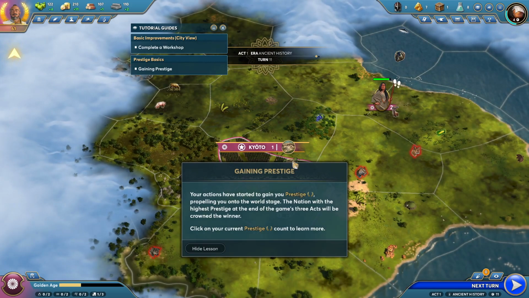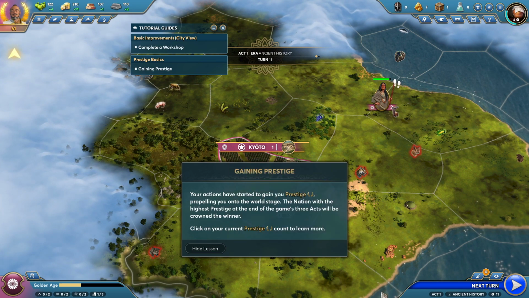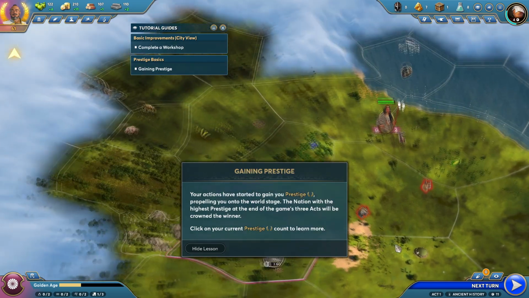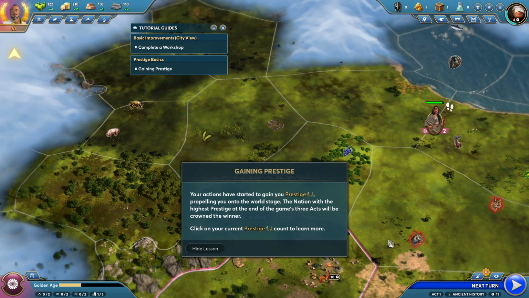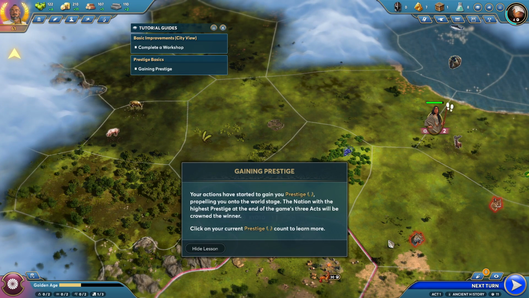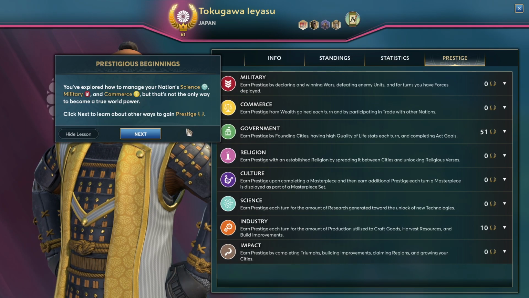So we're up to turn 11. We have 61 prestige. Your actions have started to gain you prestige, propelling you onto the world stage. The nation with the highest prestige at the end of the game, 3 acts, will be crowned the winner. Click on your current prestige to learn more. So you've explored how to manage your nation's science, military, and commerce. Not really military yet, but...